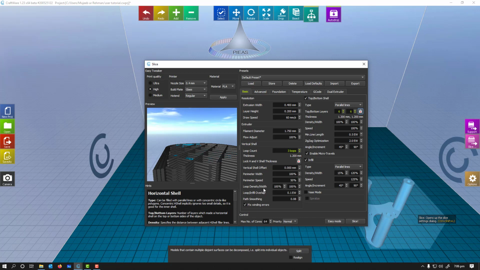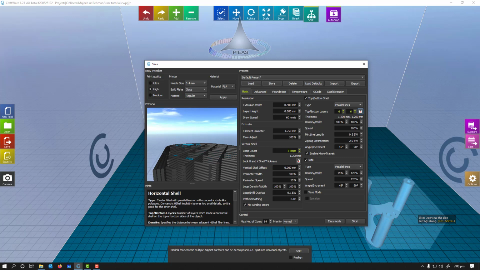Now next thing which arises is loop density and width. Remember that you are gonna keep the loop density at 100% here, and for the top and bottom shell also the density at 100% and width at 100%. However, for the loop and infill overlap, this infill and this loop will have some overlap for better strength, and this is 0.1 of the extrusion width.